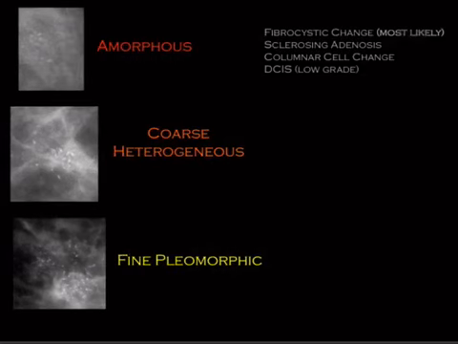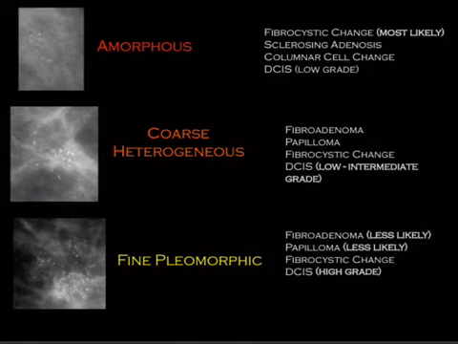So there's a differential for each group of calcifications, and this is something you just have to memorize. Amorphous calcifications are most likely to be that fibrocystic change, and that's that debris within the lobules that I was showing. It's just sort of like junk that's stuck in there. It can be a low-grade DCIS also. And the problem with amorphous calcifications is that low-grade DCIS, which is a cancer, quotation mark, it's a cancer,